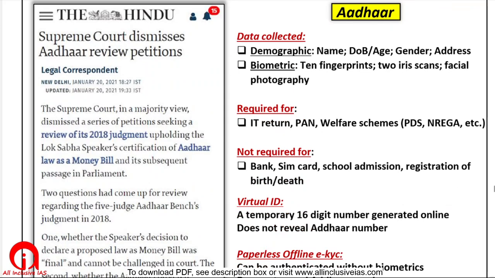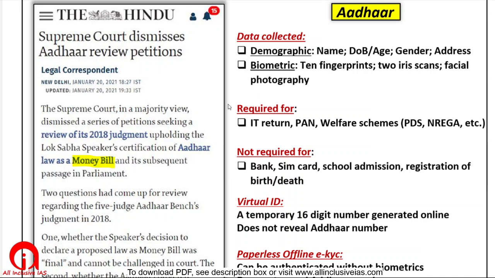Aadhaar. See, for Aadhaar, the government brought some amendments a few years ago, but the government brought it as a money bill. I've already explained to you what a money bill is. So if you properly read that, then it is quite obvious that what the government did was wrong. It was not a money bill, but we know nowadays how independent the Supreme Court is. So the Supreme Court said no, the government has brought it as a money bill. Yes, it is a money bill, and we won't review the judgment.